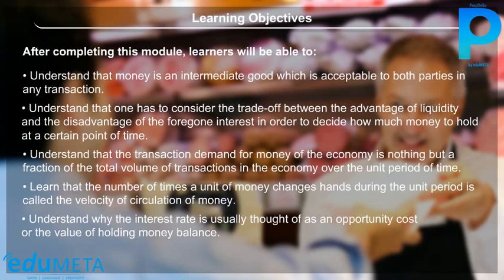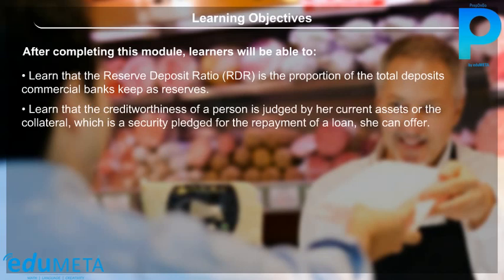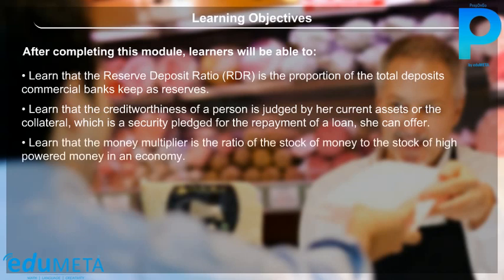of holding money balance. Learn that the reserve deposit ratio or RDR is the proportion of all the total deposits commercial banks keep as reserves. Learn that the creditworthiness of a person is judged by her current assets or the collateral, which is a security pledged for the repayment of a loan she can offer. Learn that the money multiplier is the ratio of the stock of money to the stock of high-powered money in